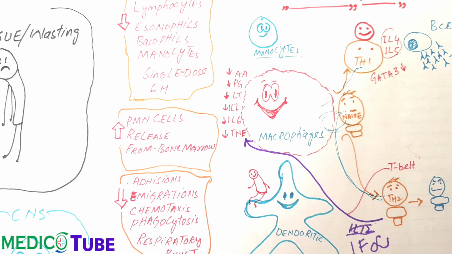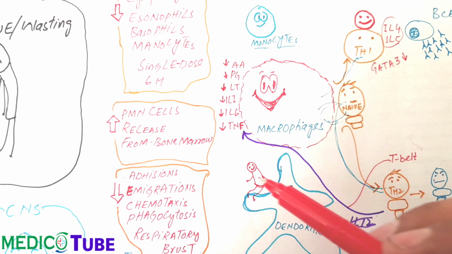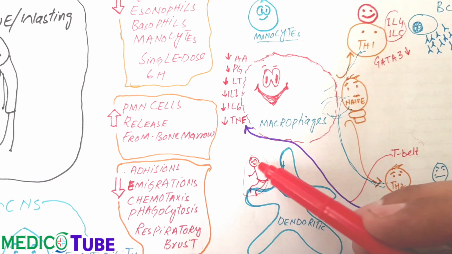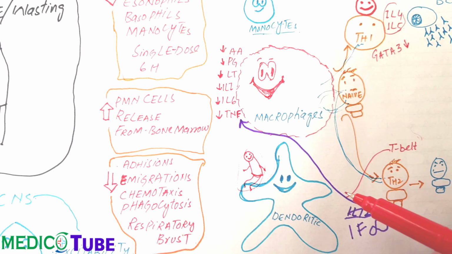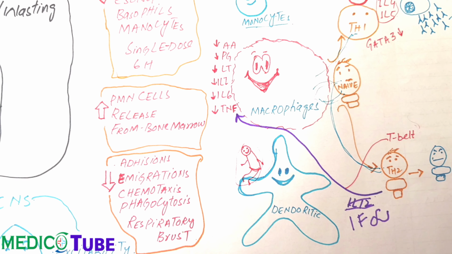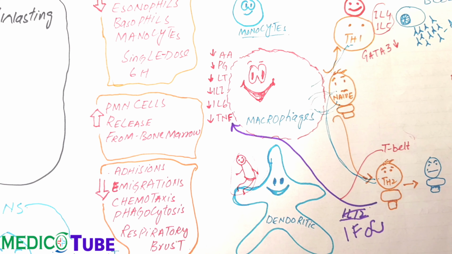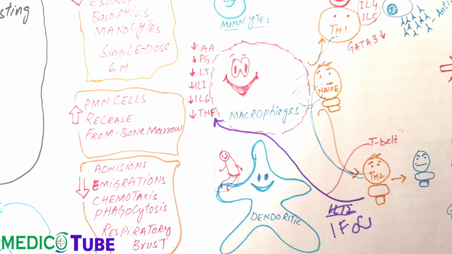Then if you see here, the steroid is sitting on the dendritic cell and reduces the dendritic cell activity. So you would see almost every part of the immune system is reducing its actions. Here about COVID-19, remember we talked about it.